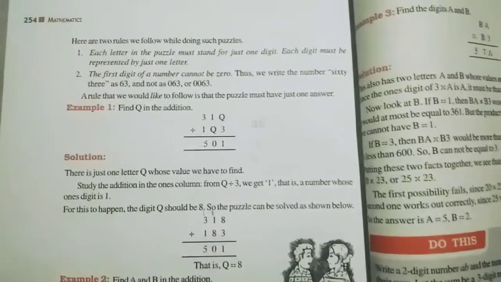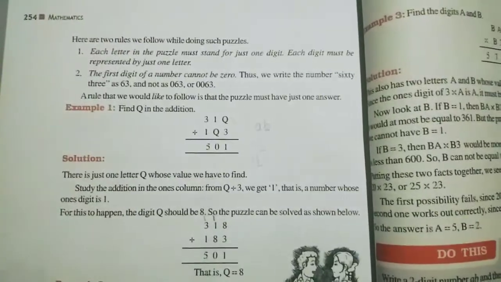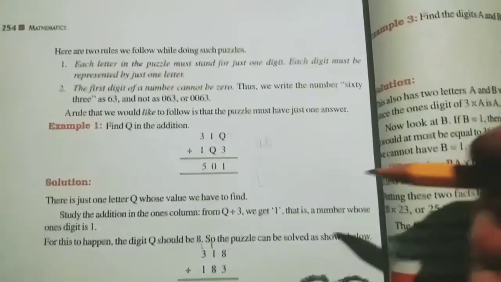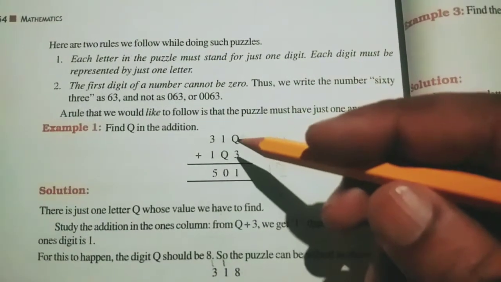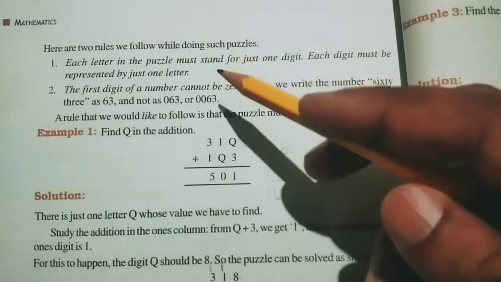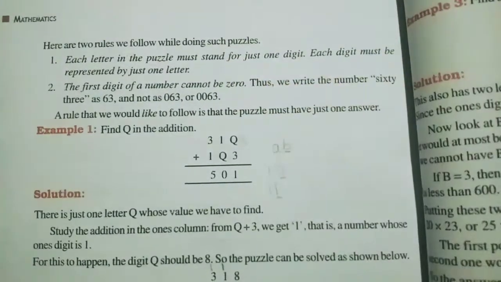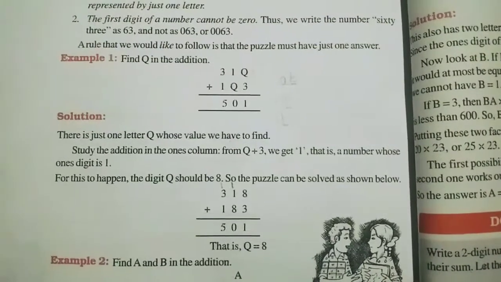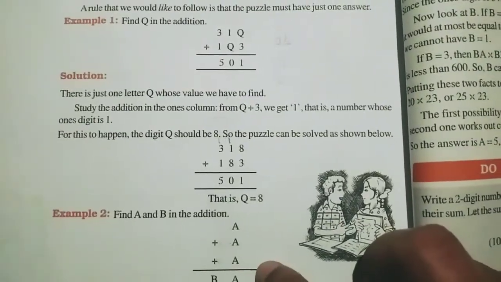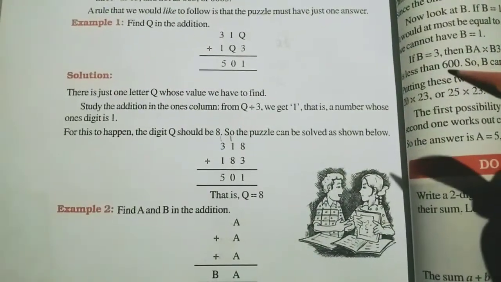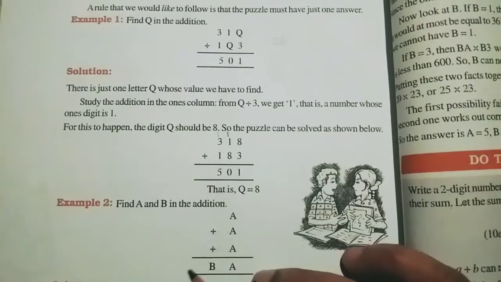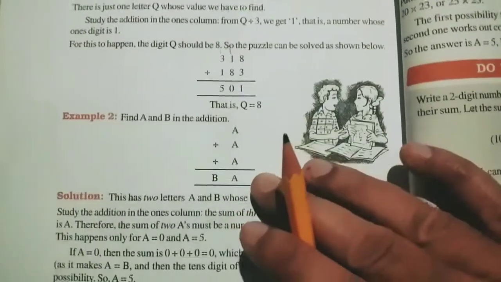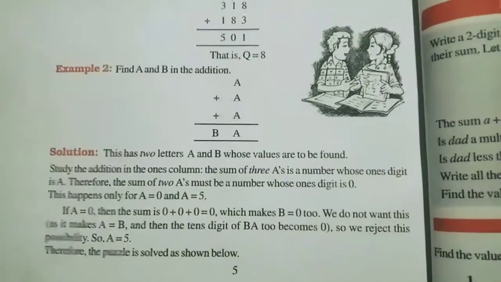In the last video you have seen the puzzle addition. You have seen how to solve this letter and digit puzzle addition, and you have seen the two rules given. Example number 1 I have explained, right? So I think you have understood properly. You have seen example number 1 on your own. You have to see whatever I am explaining. You have to read, otherwise you will not understand.